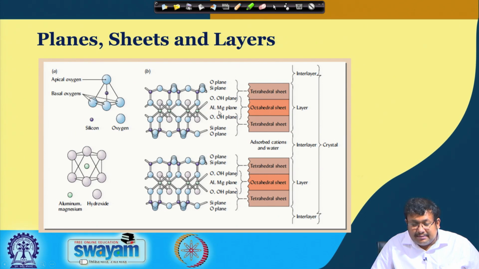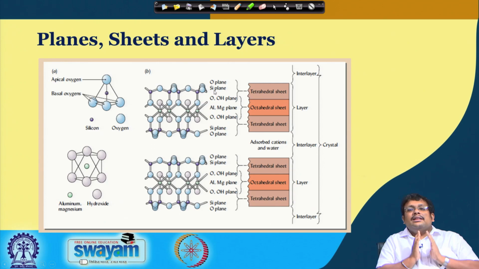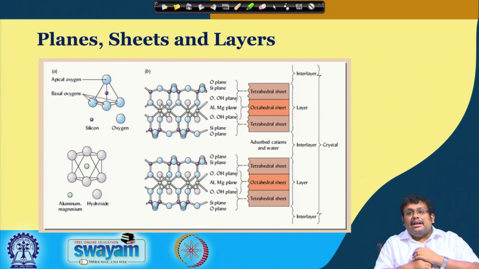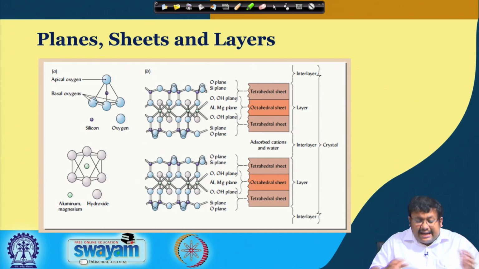This adjacent octahedral sheet is composed of an aluminum and magnesium plane in the middle, and in the shared layer it will be either oxygen or hydroxyl. As you can see, hydroxyl and oxygen will be shared between this tetrahedral sheet and this octahedral sheet. The same thing will be repeated here also. This is how we get a total 2:1 type of structure. So, one thing is clear: to join two different sheets, they need to share their apical oxygen, specifically the apical oxygen of the tetrahedral sheet, and that is why they join.